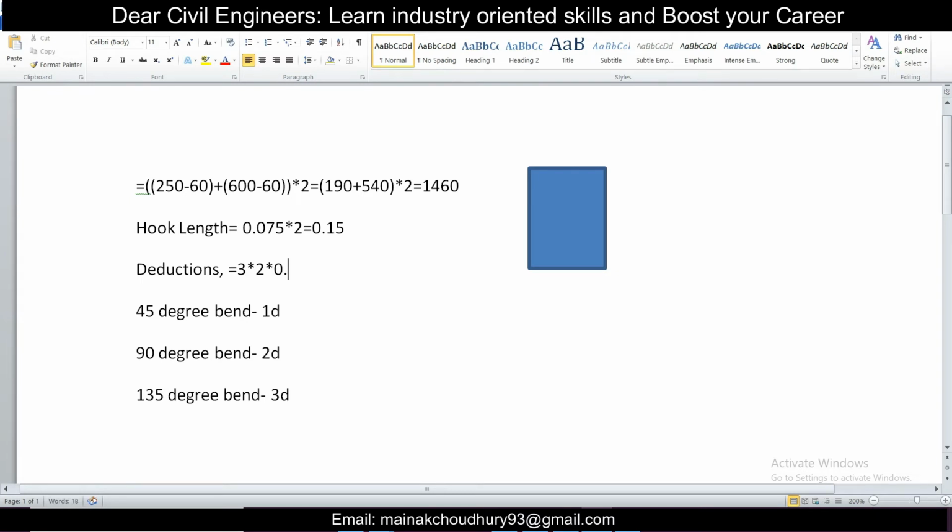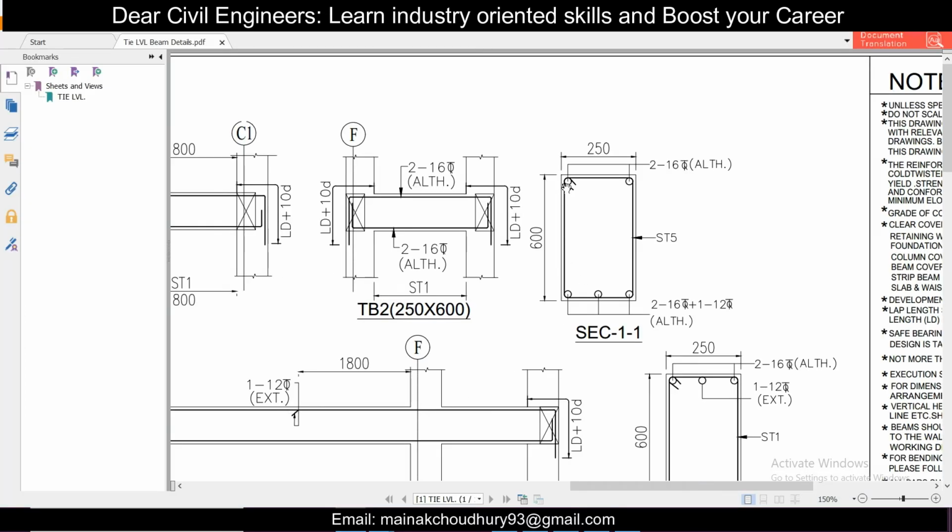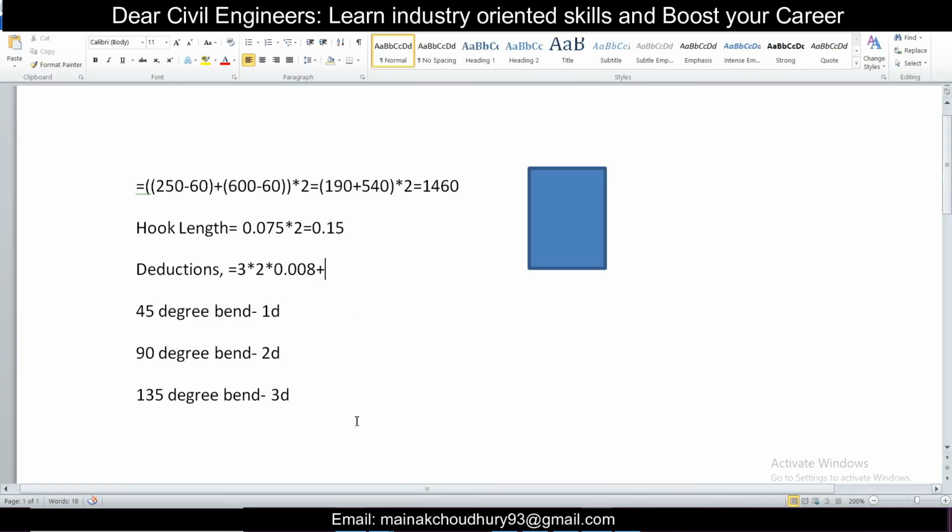So in meters it will be 0.008, and plus there will be two numbers of 135 degree bend, which is this one. This particular rod goes like this, and this particular rod goes like this. So there are two number of 135 degree bend, and we need to do the deductions. So two numbers multiplied by your 3D for 135 degree bend. So it's 3 into D, which is